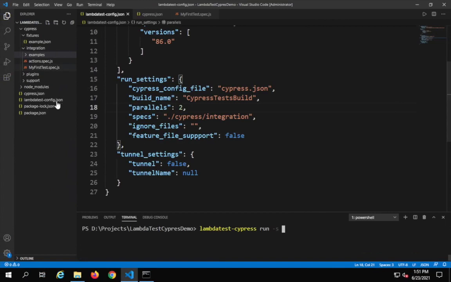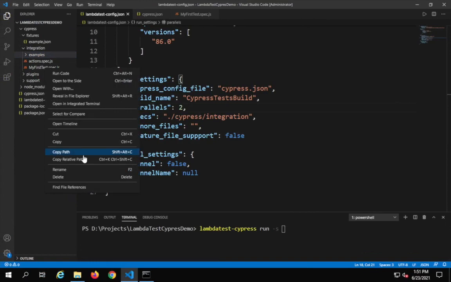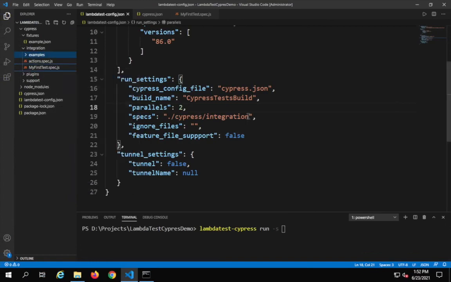Okay, I believe there was a mistake. I have to give the location here, so I will have to copy the relative path and I have to give it here, and I will say here star.js so that it can find all the matching files here, and then let me also give a different build. I will say Cypress test build 1, and now I will run the command,